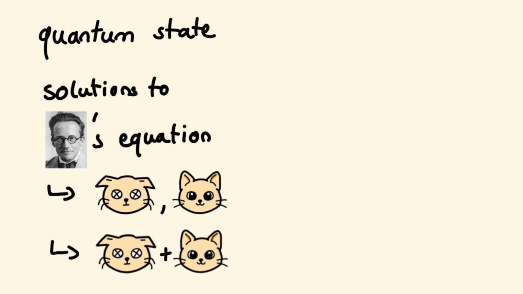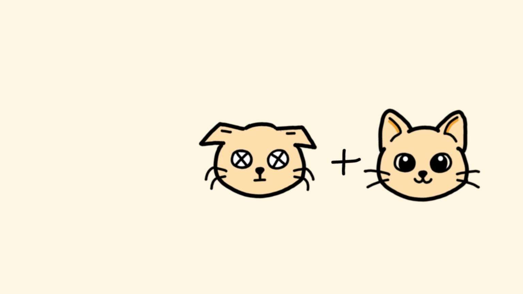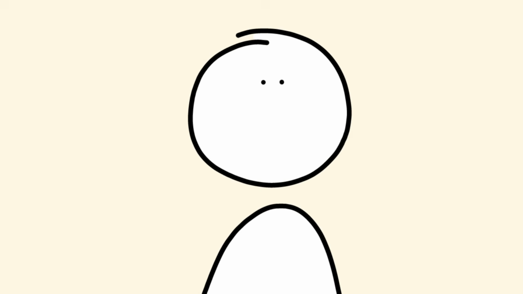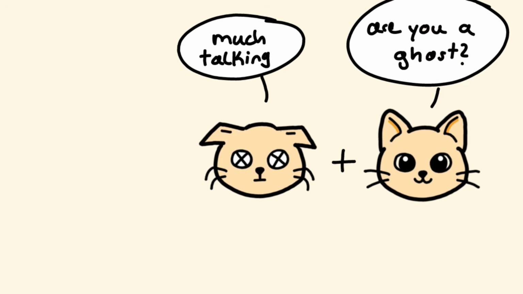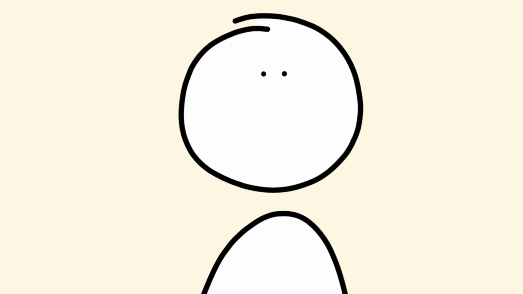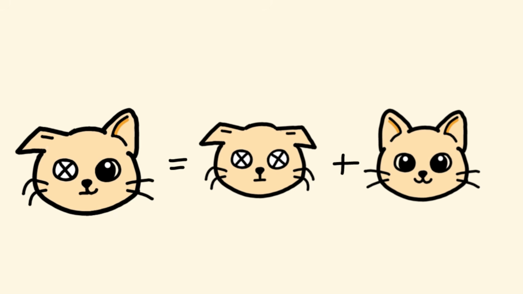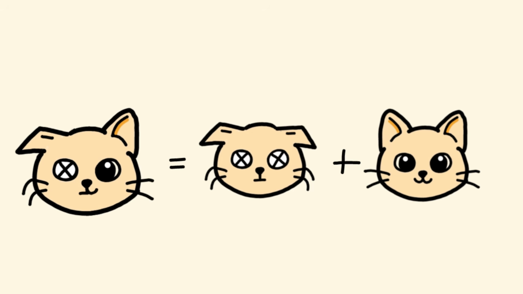We can use the superposition to calculate how likely it is that we will find a dead cat or a living cat as soon as we look. But the superposition is not just a classical sum of possibilities. Loosely speaking, the different things within a superposition can talk to each other. It's all blurry. Yeah, our language hasn't really caught up to the physics here. The best it allows us to say is something like the cat is dead and alive at the same time, or quantum states are blurry. So, just note that the fact that this is a superposition and not just a classical